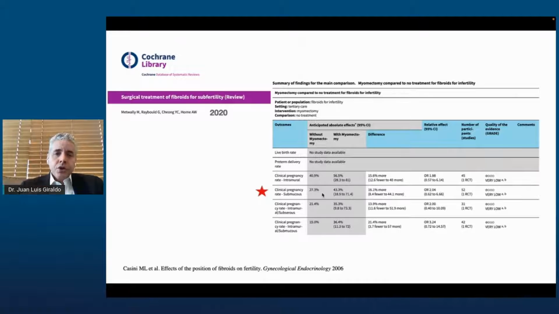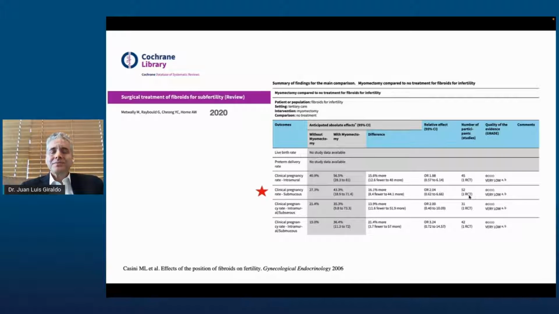But when you go deep into the analysis of this systematic review, you can see that this submucous fibroids analysis was done based only on one RCT that was published by Cassini in Gynecological Endocrinology in 2006. And that RCT only included 52 patients with submucous fibroids. 30 of them were taken to myomectomy, 22 of them were not taken to myomectomy, and they were followed